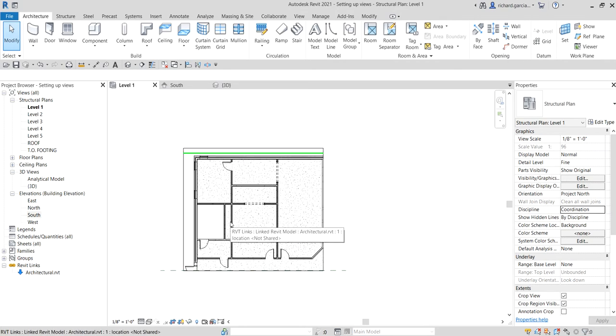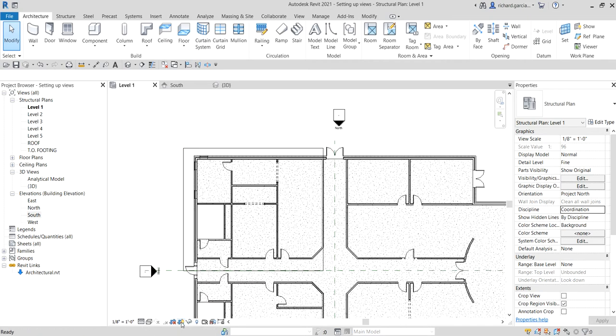Okay? If your project is too big and you don't want to confuse yourself, you can crop one portion of the area. Or of course, if you want to show this only in your sheet, then you can use a crop. Okay, so let me just turn off the crop view and then turn off the crop region. Okay,